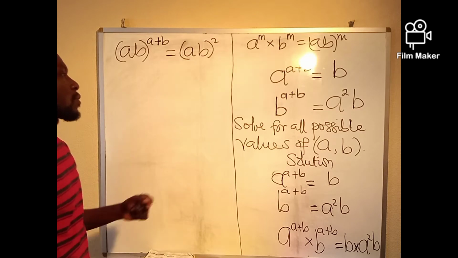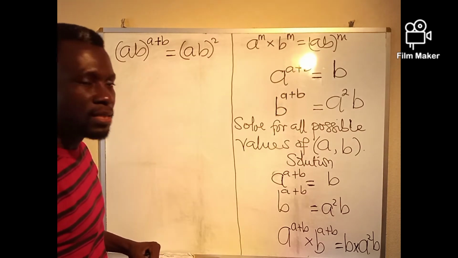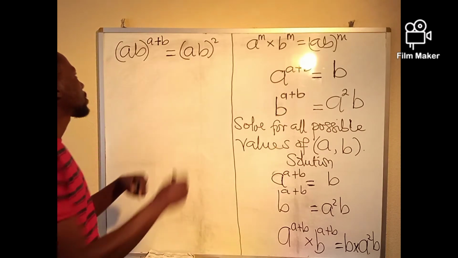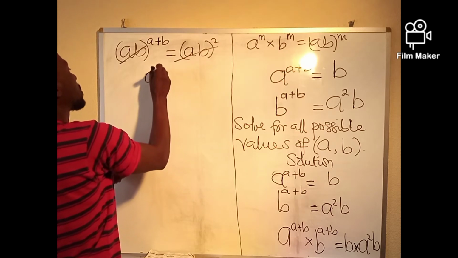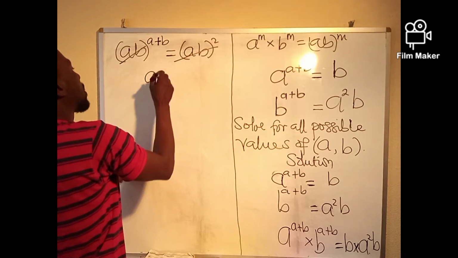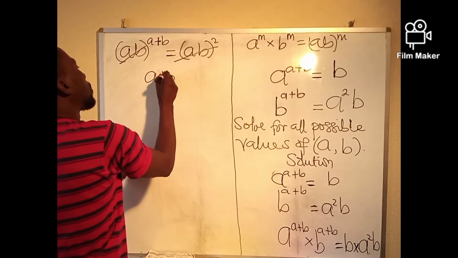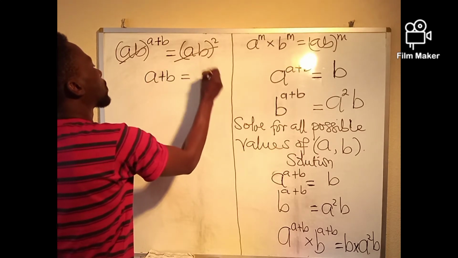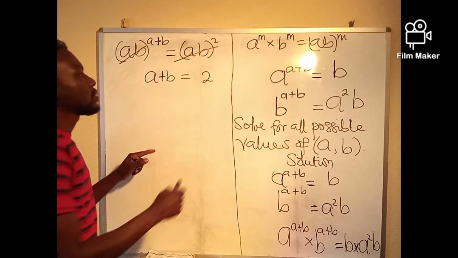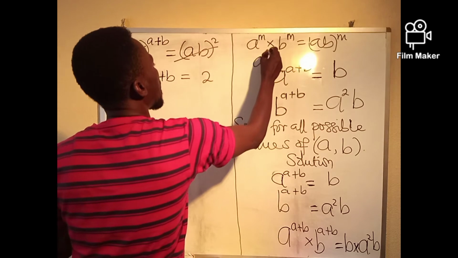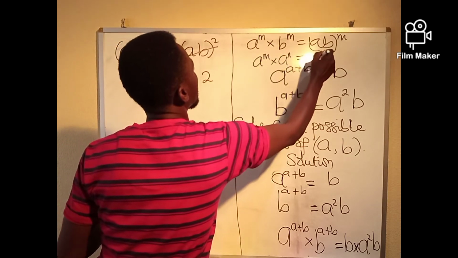All right. Now, looking at the left-hand side of the equation and the right-hand side of the equation, we see that the bases are the same. So we shall equate the exponents, that is a plus b is equal to 2. So we have a plus b is equal to 2. We can see that. Now, we are using the rule a raised to the power m times a raised to the power n is equal to a raised to the power